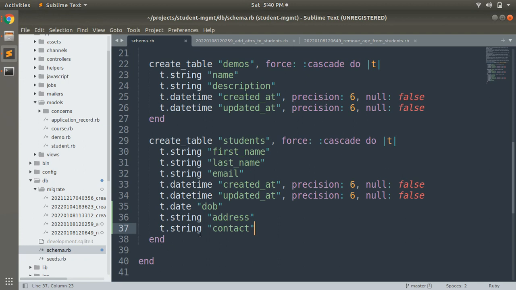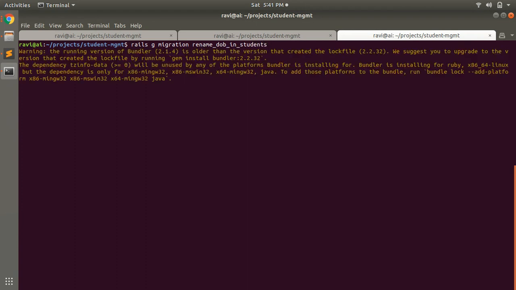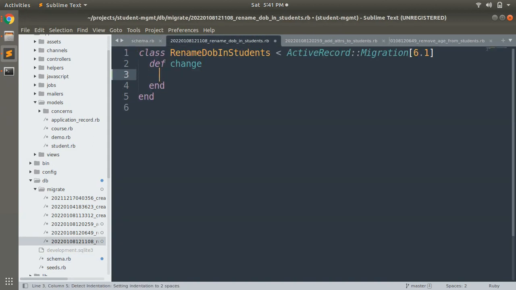Okay. And for renaming a column, we will use DOB, because one can easily understand that DOB means date of birth, but we will make it very clear to the users by writing it actually date_of_birth. So we will write it date of birth. Okay, so now let's generate migration for it. Rails g migration rename_dob_in_students. Okay, now this migration has been generated,